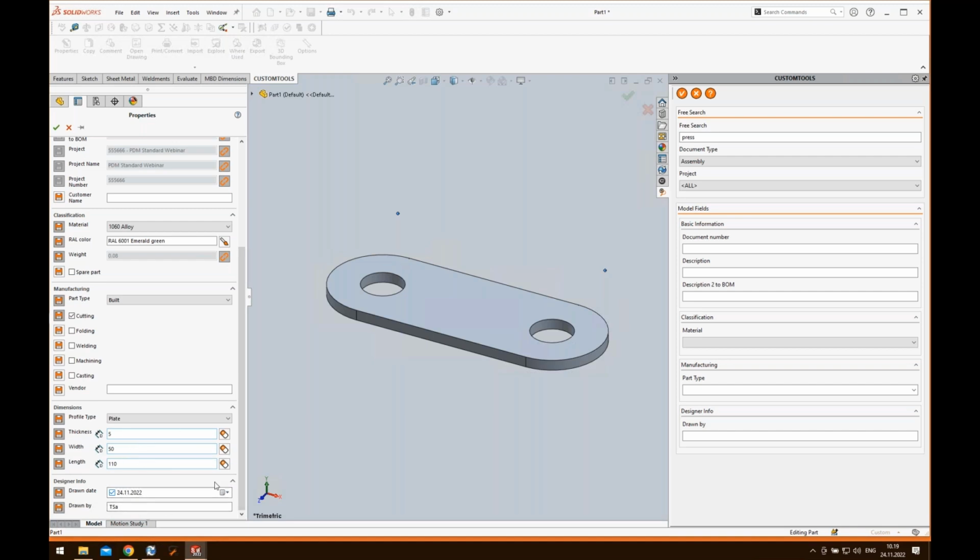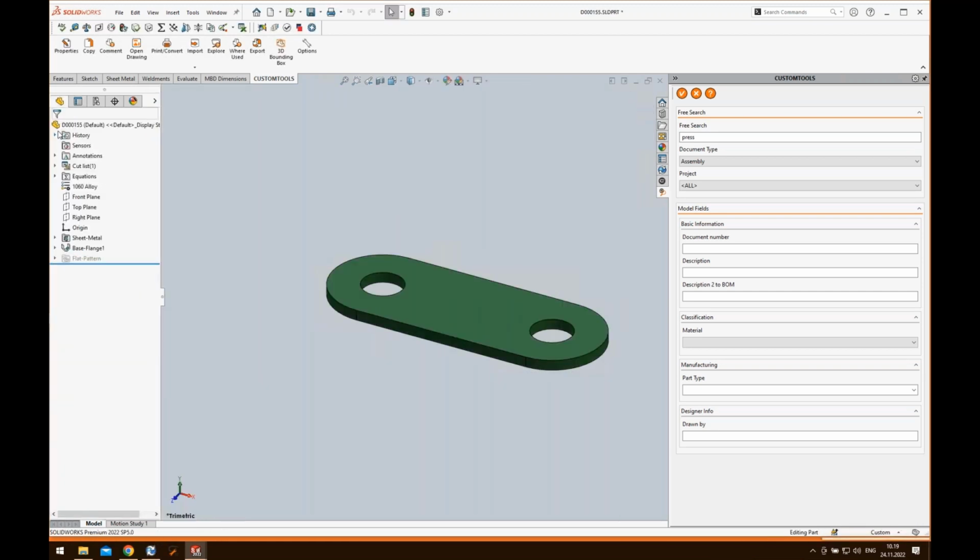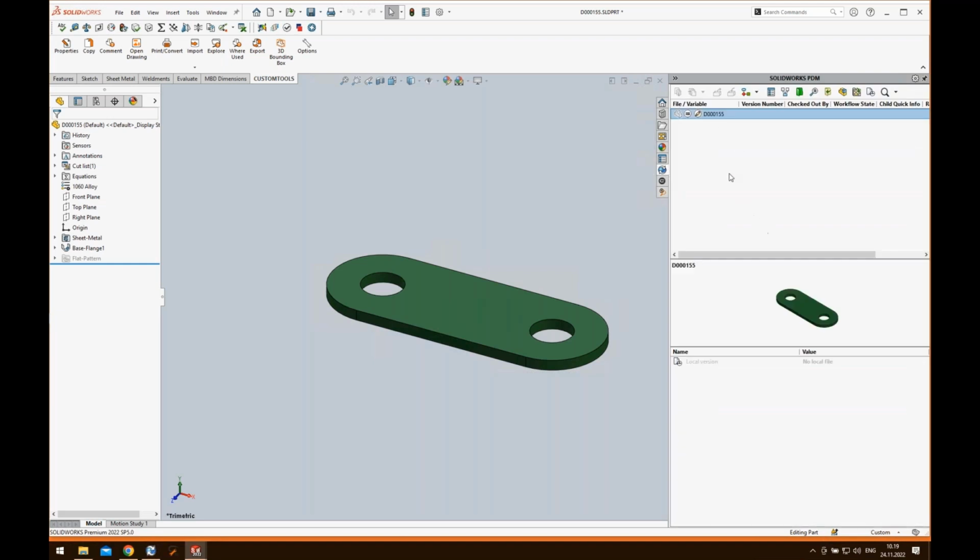And here we also have some default values based on the designer, and we have a composed description too based on the selected attributes. So here we can see the raw material from where to cut this plate. And by hitting OK, CustomTools will save this part to the correct location without any save as prompt, with the correct file name, and I'm good to continue. So if we now go to the PDM, we should see that this part is in the